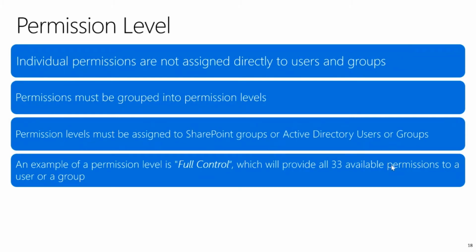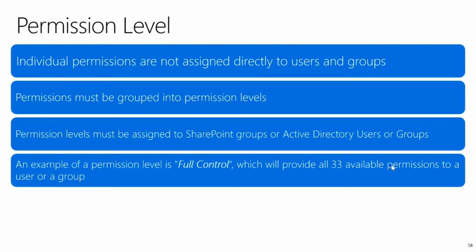All right, so can you think about what the default permission levels are? So we know what a permission level is now, and I'm sure you might have seen these default permission levels that are already there in SharePoint. So we'll have a look in a while, but I think you might already be thinking about it. Read permission level, full control permission level. These are permission levels, and a few of them, which we'll discuss in a bit, are the default permission